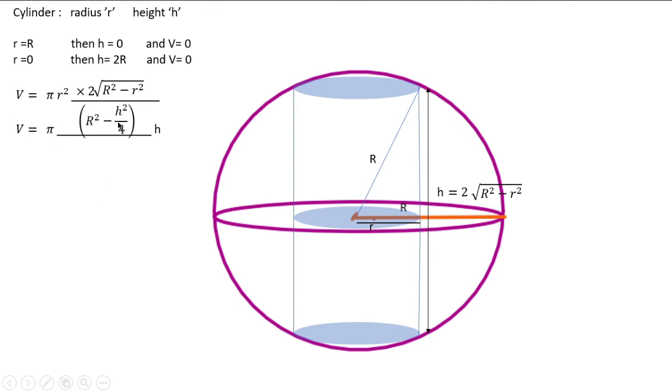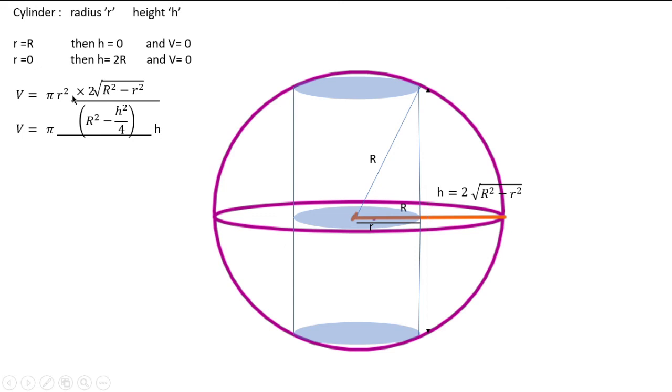Now we can see the only variable here is h. Capital R is the radius of the sphere, so it's a constant. So we got the two functions here. Okay, now we can visualize the volume of the cylinder as a function of one variable only, here as r, here as h. And now what can we do? We can differentiate this function with respect to r for the first equation and with respect to h in the second equation, which will give us how volume changes with a small change in r and how volume changes with a small change in h.